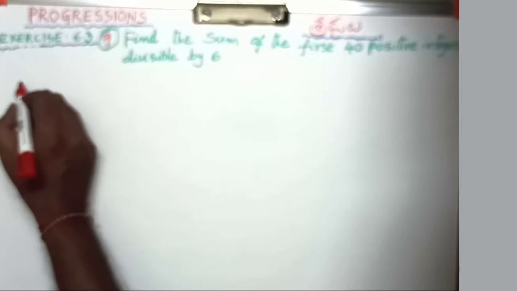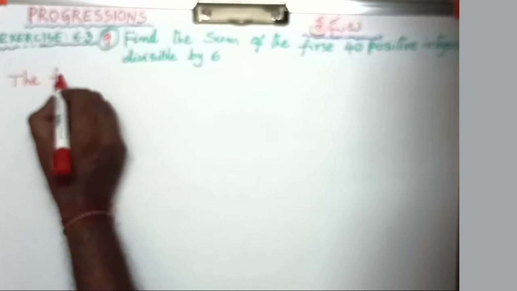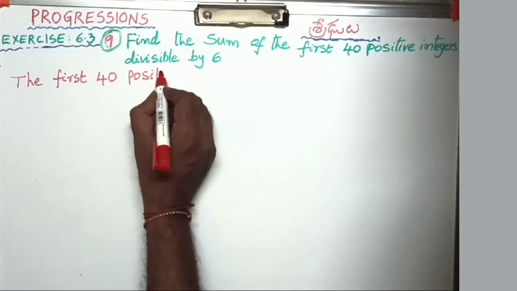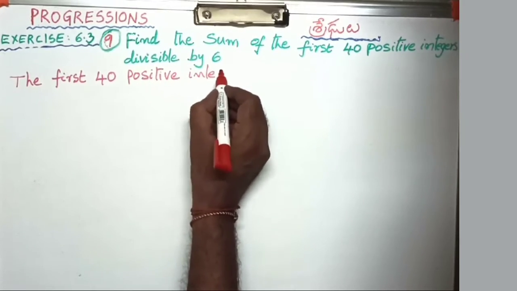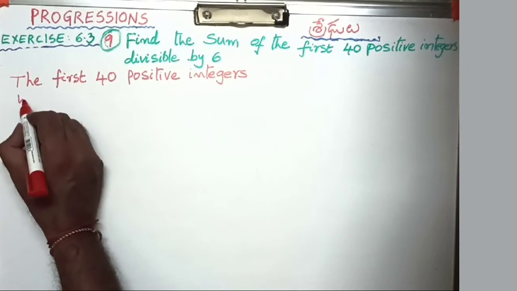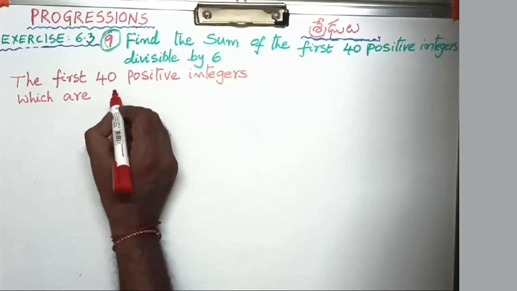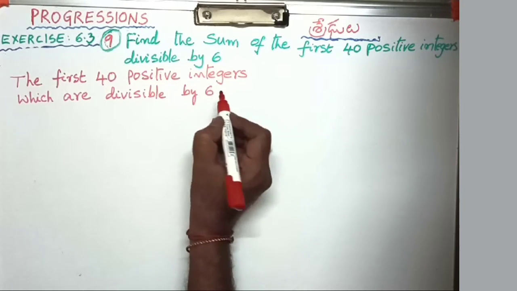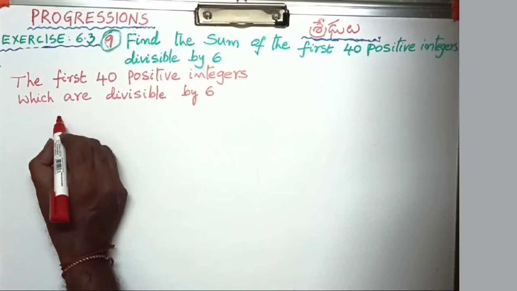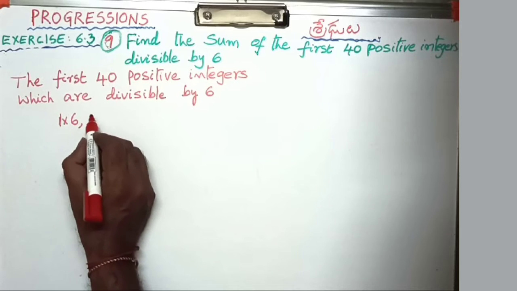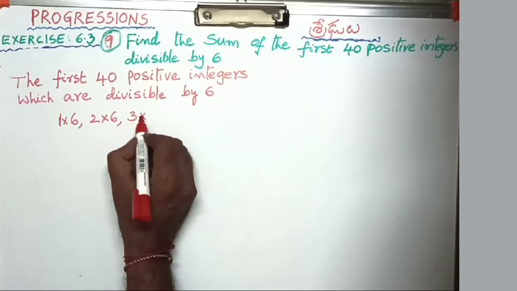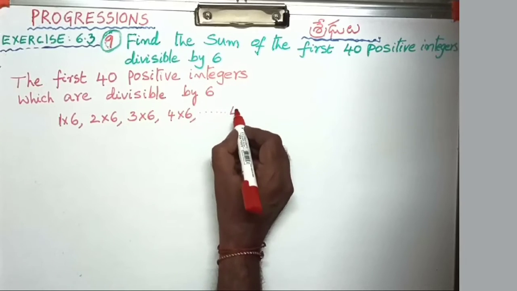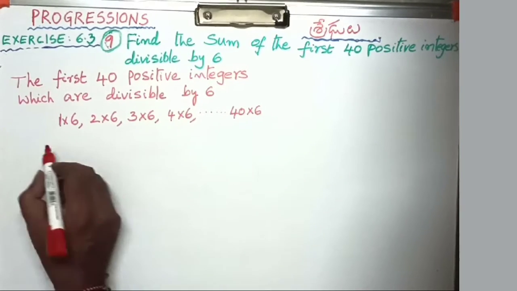First we have to write the first 40 positive integers which are divisible by 6. Okay, so 1 into 6, అలాగే 2 into 6, అలా 3 into 6, 4 into 6, అలా ఎన్ని అప్ టు 40 కదా, 40 పాజిటివ్ ఇంటీజర్స్ అంటే 40 into 6 వస్తుంది. సో దట్ ఈక్వల్ టు